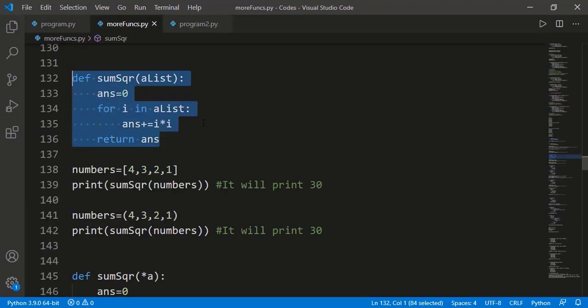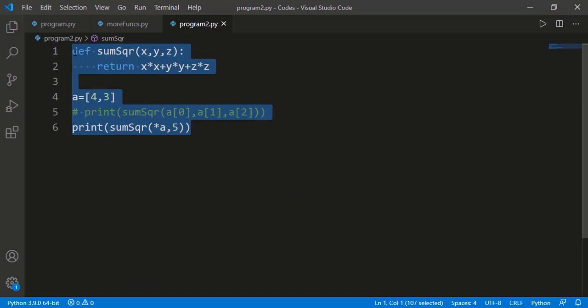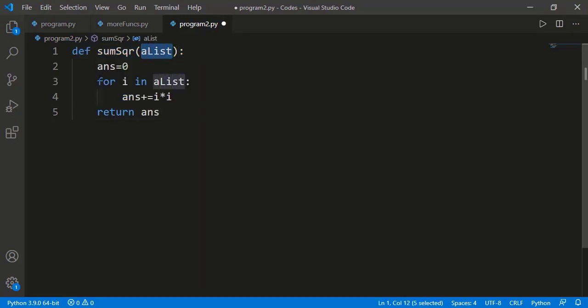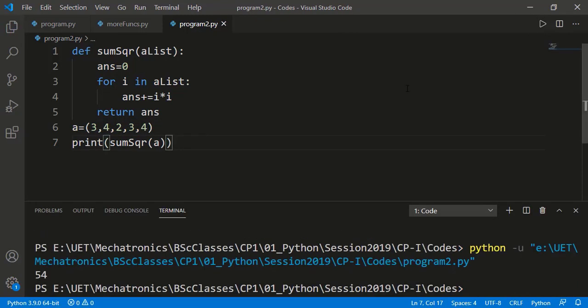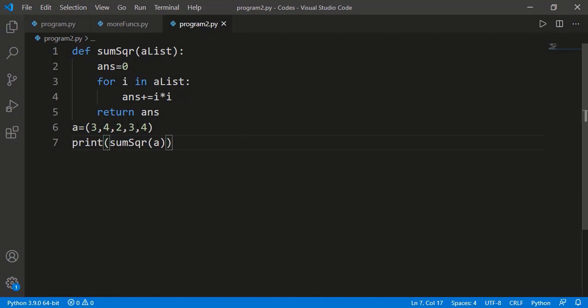On the other hand, if I have this kind of a function, which takes in a list as input argument and returns the sum of the squares of the numbers inside the list using the for loop, now of course I can have a list of any size and I can pass that list directly to the function. Instead of a list, I could have a tuple as well because the logic we have written inside the function is applicable on a tuple as well. The function has one input argument and we are providing that as a list or a tuple. But if I try to pass multiple values directly to the function instead of a list or a tuple, you can easily guess that it will generate an error.